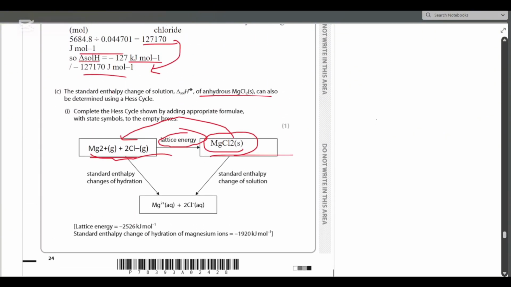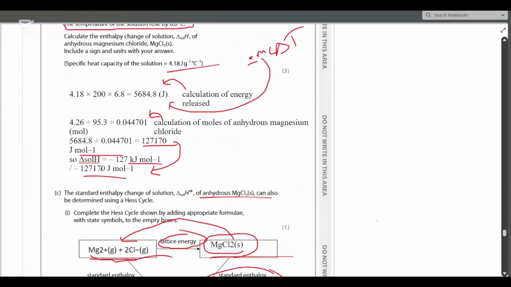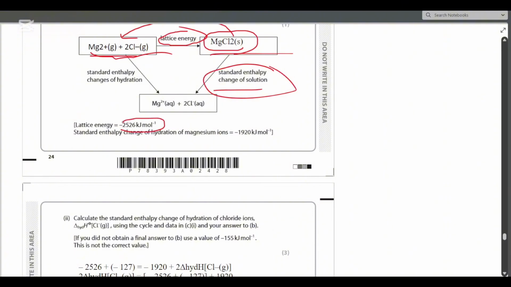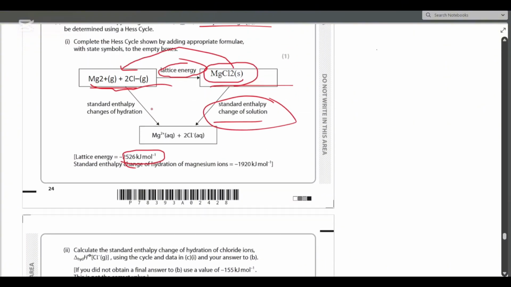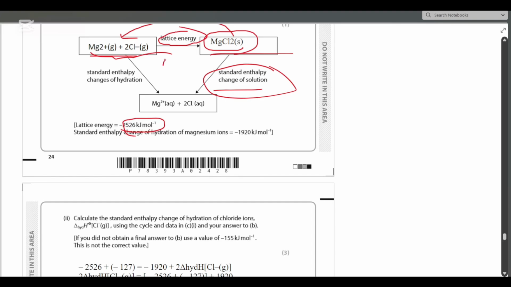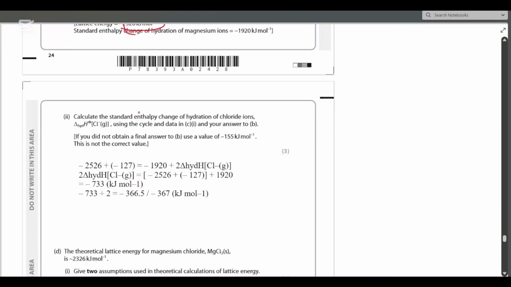We knew our enthalpy change of solution was 127 kilojoules, and then we had the lattice energy, which was this much. So we added the lattice energy, and then we went clockwise, adding this enthalpy change of solution, and we also